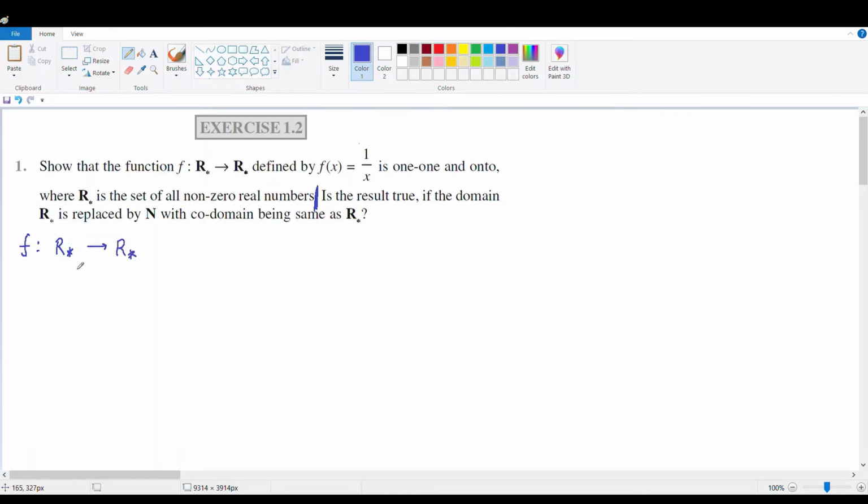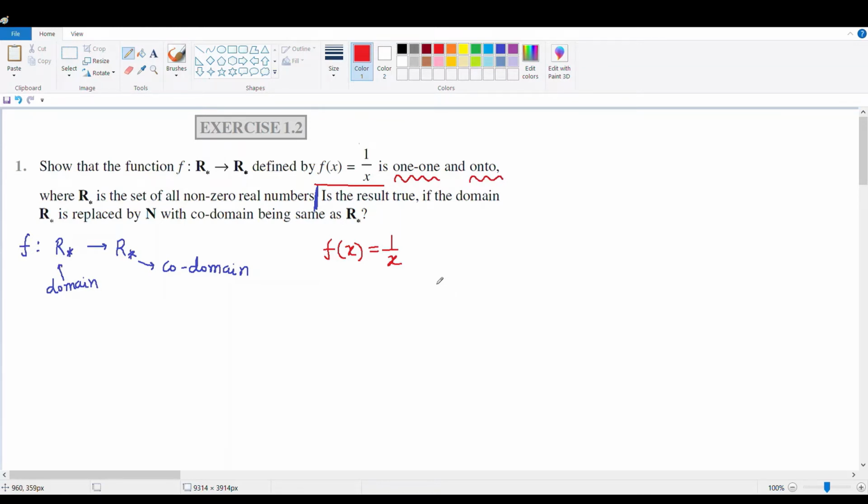So that means domain is R star, codomain is R star. That means domain is this and codomain is this, and you are given the function definition f of x is equal to 1 over x, and you need to show that it is 1-1 and